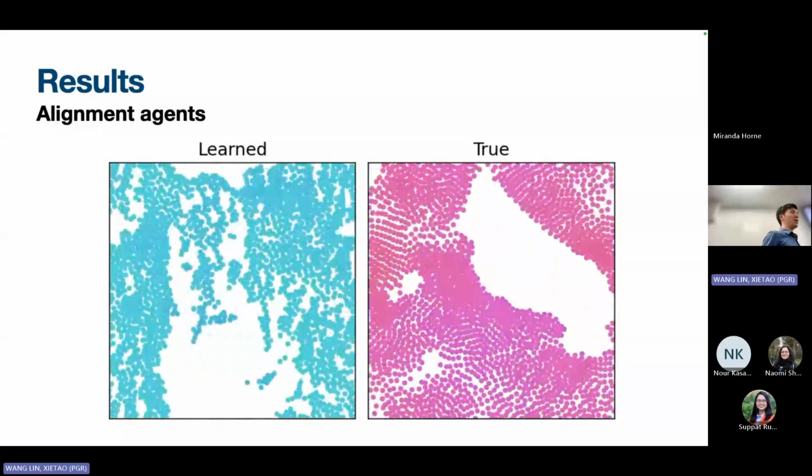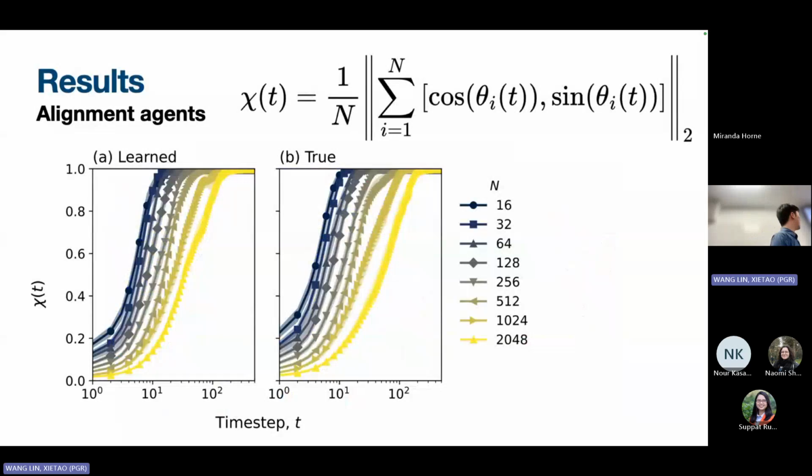and so hopefully that also stays quantitatively. So if we look at it, here I'm plotting the alignment coefficient, which is on the top. The coefficient will be close to 1 if all the particles are pointing in the same direction, and will be close to 0 if they are not. And from the true simulation, we see that as we increase the number of particles, and so the density always stays the same, the time it takes to synchronize slows down.